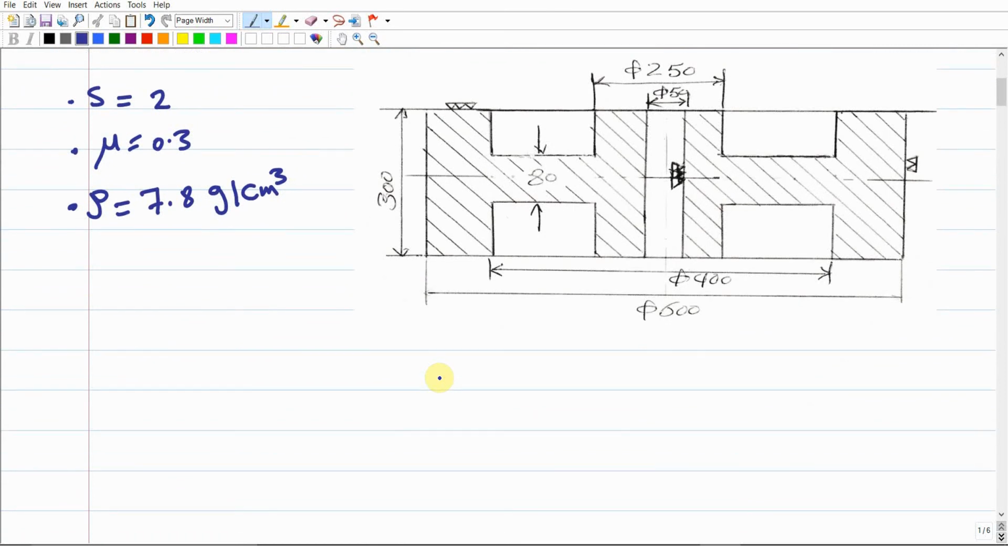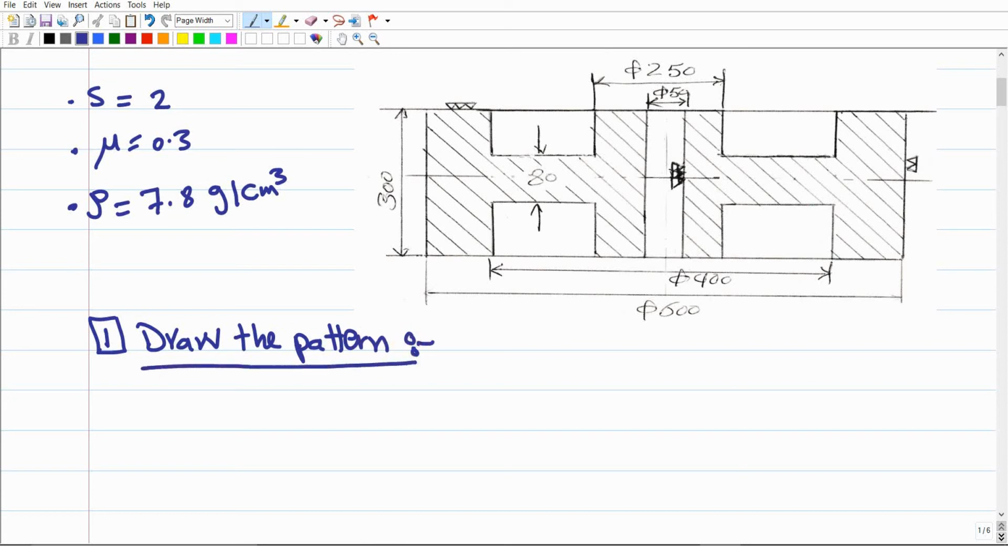If you remember, just stick to the general procedure that we explained the previous time. The first step basically is just to draw the pattern, to come up with a tentative shape or design of the pattern of this product. Just draw the pattern. So if I ask you how the pattern of this product is going to look, to come up with the pattern shape,